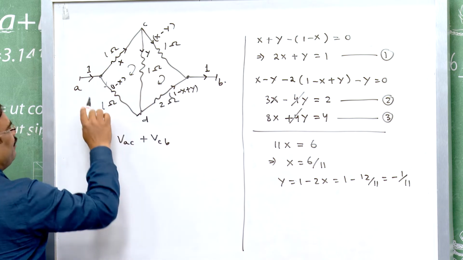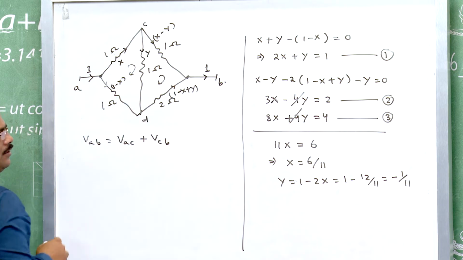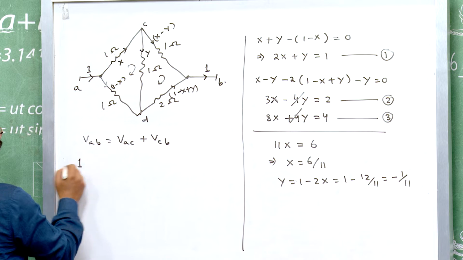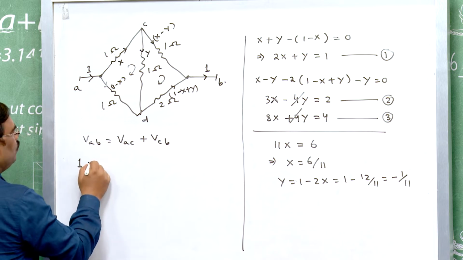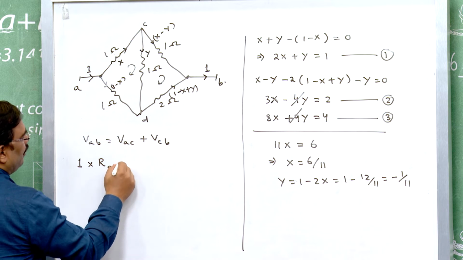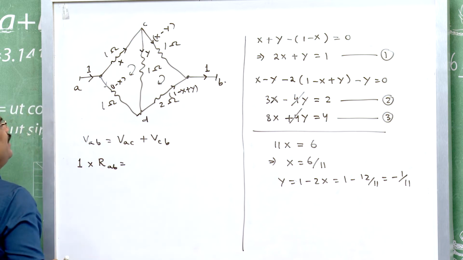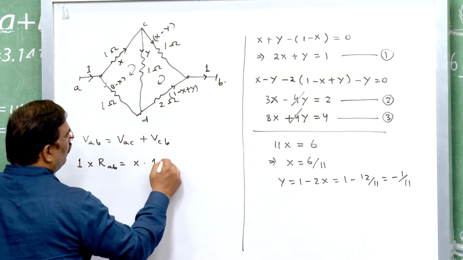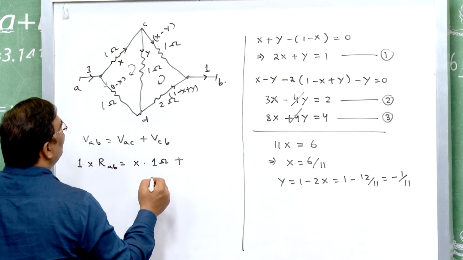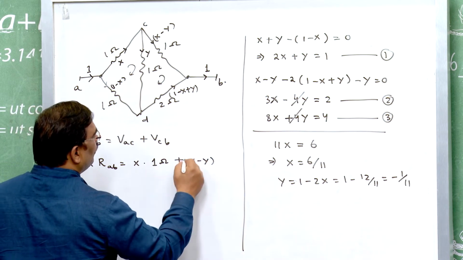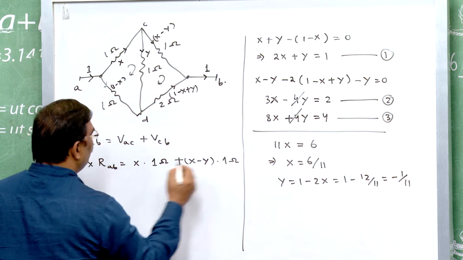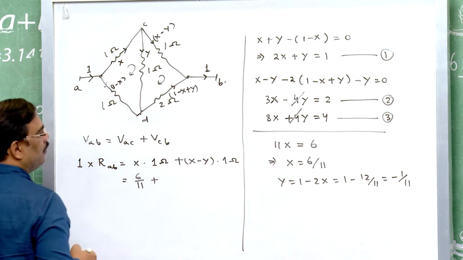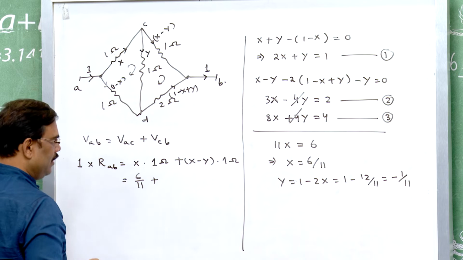What is VAB? VAB is the potential difference across the entire bridge. So, this is equal to the current through the bridge, 1, into the effective resistance between AB. VAC is current into resistance, the current is X and the resistance is 1 ohm, plus VCB, the current is X minus Y and the resistance is 1 ohm. So, this will give me 6 by 11 plus x minus y is 7 by 11